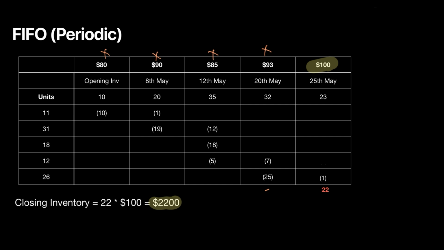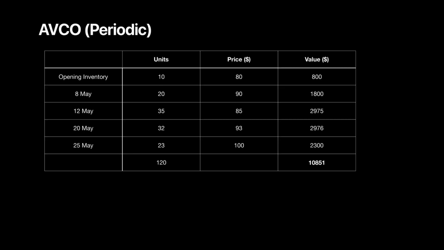All right, now let's see how this inventory would be valued if we were following the average cost method. So for average cost method, what we have to assume is that all units are identical. So what we'll have to do is we'll list down all the units that we have and the purchases, their units, their corresponding purchase price, and find the total dollar value first. So opening inventory's value becomes 10 times 80, that's $800 was spent on this. 1800 for 8th May, 2975 for 12th May,